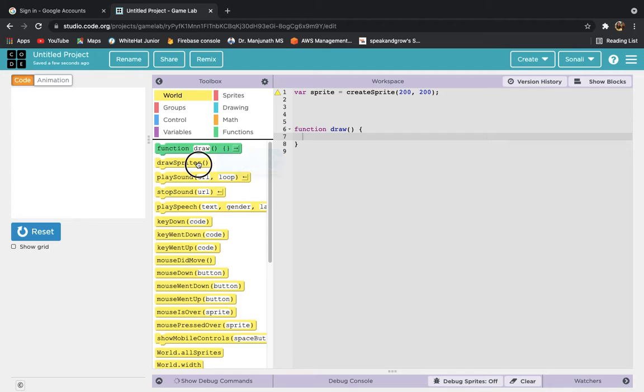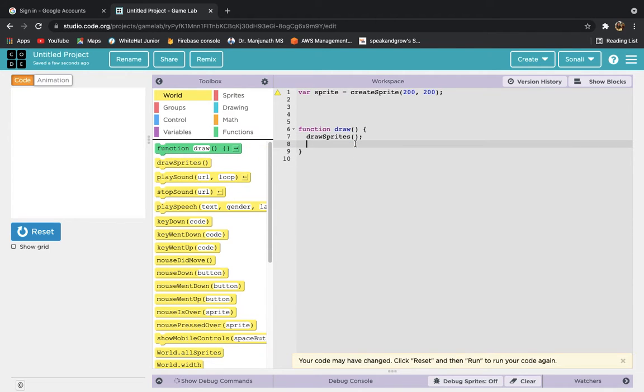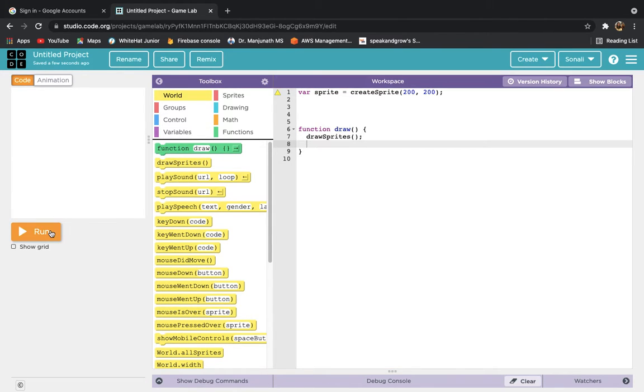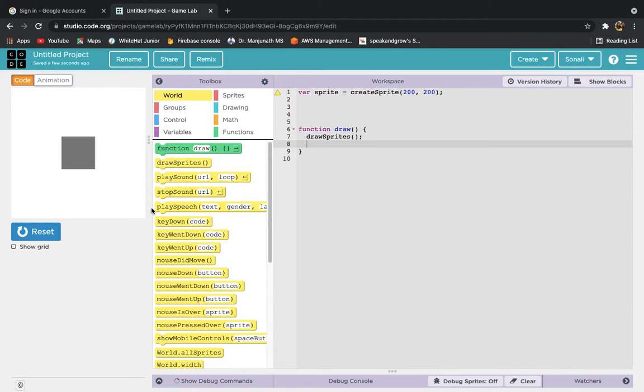We just need to drag and drop this draw sprites inside the function draw. If you put it outside function draw, it won't work. You just need to put it inside function draw, and you should be able to see a gray colored block. Why gray? Because gray is the default color when we are not using any color.